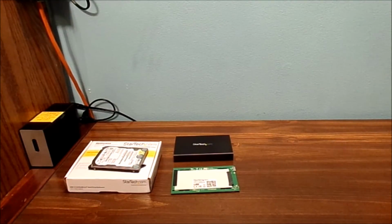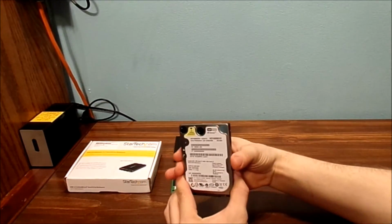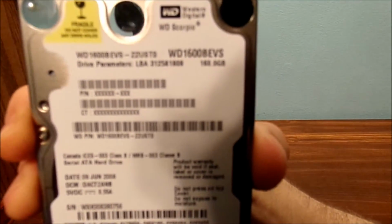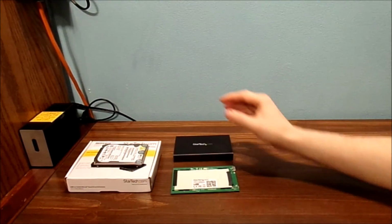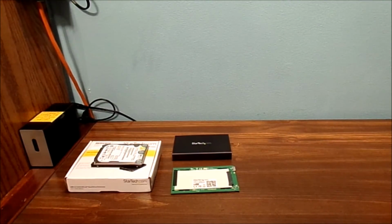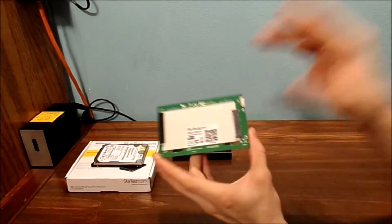It's something I forgot to tell you about this mechanical hard drive, of why I took it out of its original case. This is a very old stylish original drive. It's 160 gigabytes, and that's the reason why I wanted to put it in this case. Now, of course, with smaller drives, the 5 volts, and you also take a lot of power out of your computer as well to actually convert it to 5 volts to